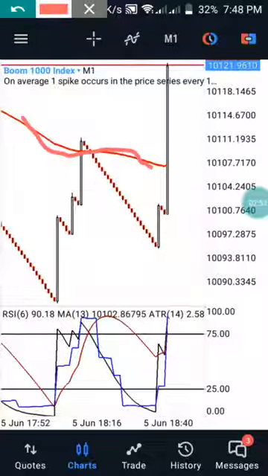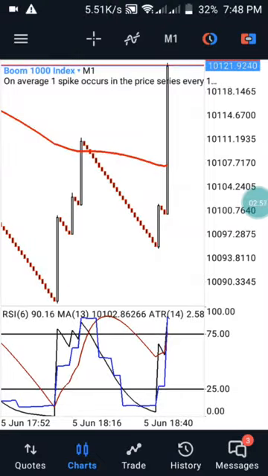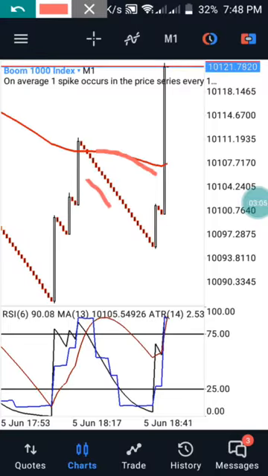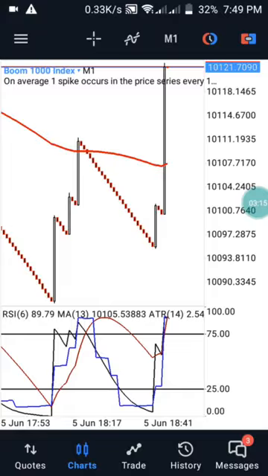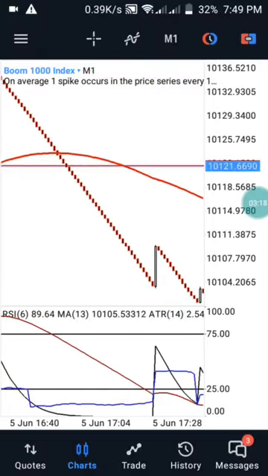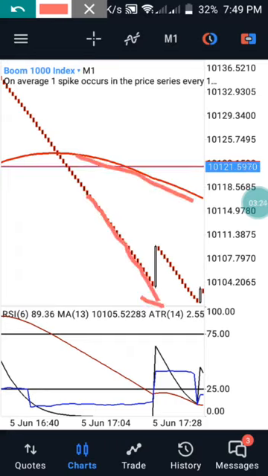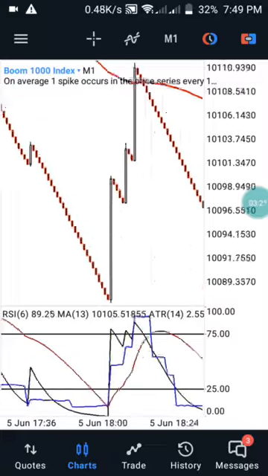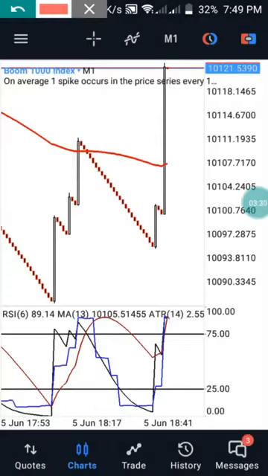As you can see, this is our moving average of 150, and this moving average always shows us the move of the market. Anytime the price is below this level, it means our market is on a downtrend, and anytime it's moving up like this, the market is on an uptrend. That is what you need to know about the moving average. Anytime the moving average is above the market like this, it means we are having a downtrend. For the market to move to a spike level, they have to break this line,